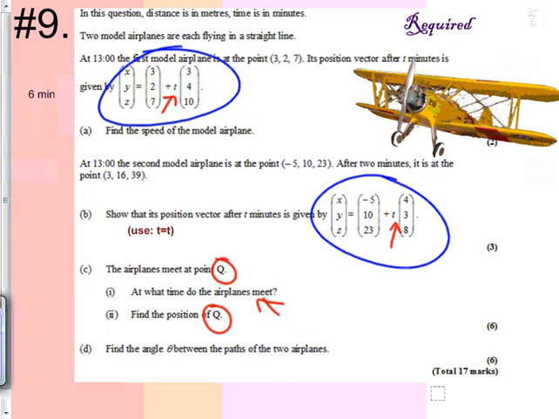All right, so some hints. Kids got stuck mostly on C, and where they meet is a really important thing. Would you agree that this one has an equation for x of 3 plus 3t? You get where I just got that from? Look at it closely. Can you see where I would have gotten x is equal to 3 plus 3t? Then look at the other one. What do you get for x? Negative 5 plus